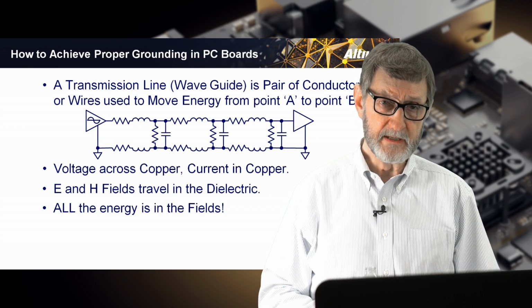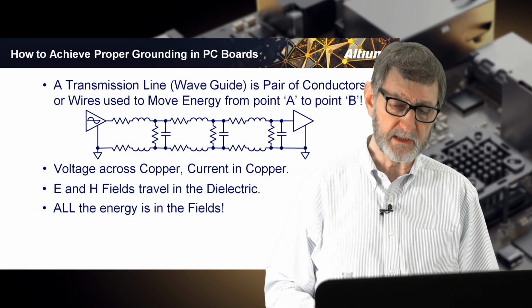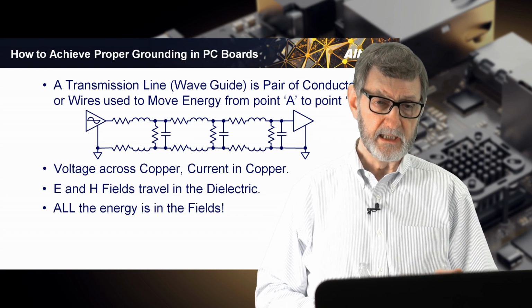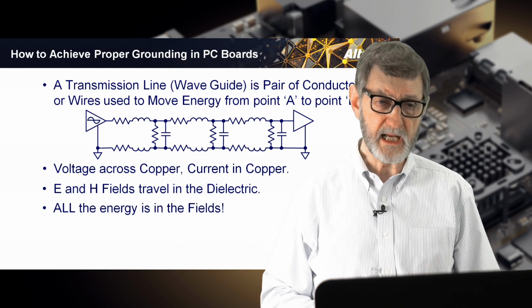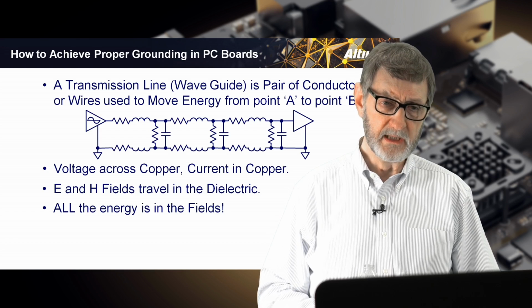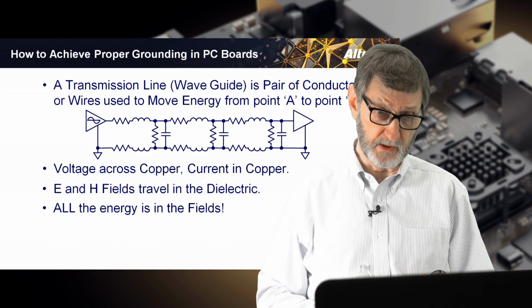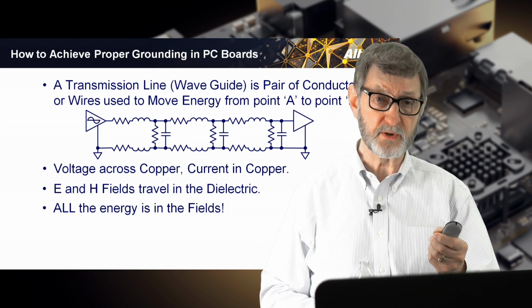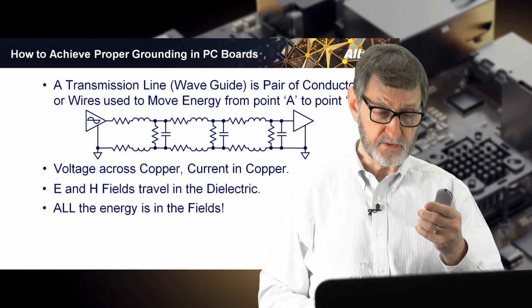as it travels. I've had many engineers tell me over the years, when I ask them how does the circuit work, they'll say, well, the current is launched into the trace by the driver, it goes down to the receiver, and then returns in the return path back to the driver. Not true. The fields move through the dielectric. They're launched by the driver. They move through the dielectric and they establish a forward current and a return current in the trace and the